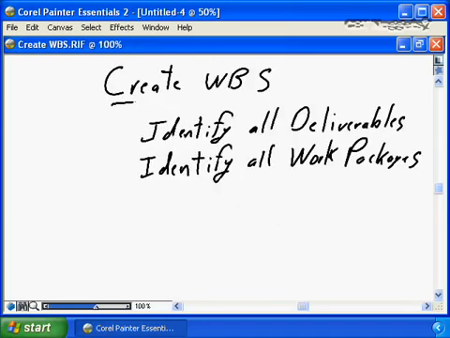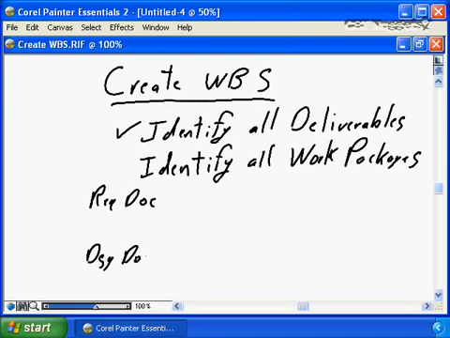The next step in the planning process is to create the project work breakdown structure, the WBS. To create the work breakdown structure, you need to identify all of the deliverables. We're going to produce a requirements document. We're going to produce a design document. We need to define clearly what each of the documents are going to be, and then we need to identify the work packages, the tasks that are going to be assigned to our team members to produce the requirements definition